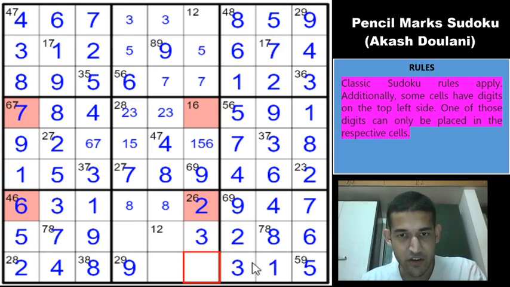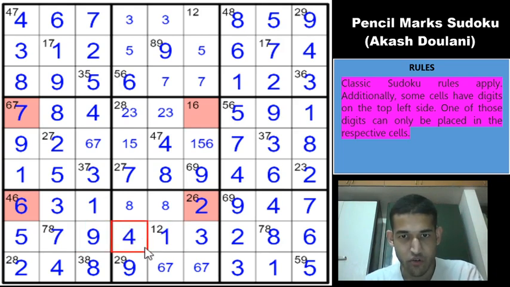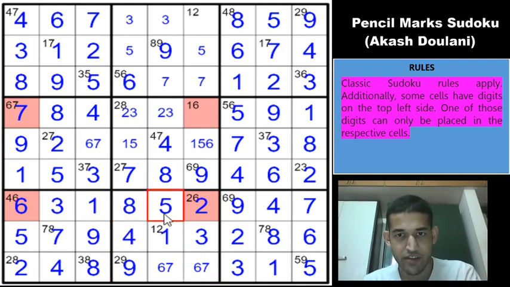So remaining digits along row 9 are 6 and 7. Right, let's candidate them. And this 2 gives us a 1 here. And remaining digits is 4. So 1, 2, 3, 4, 6, 7, 9. Remaining are 5 and 8. This 8 gives us a 8 here and a 5 here.